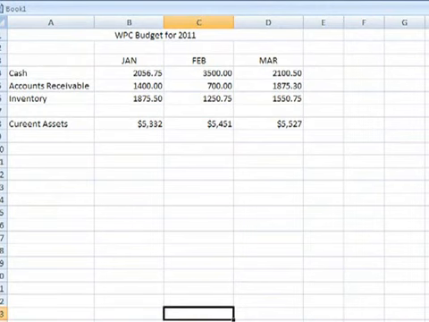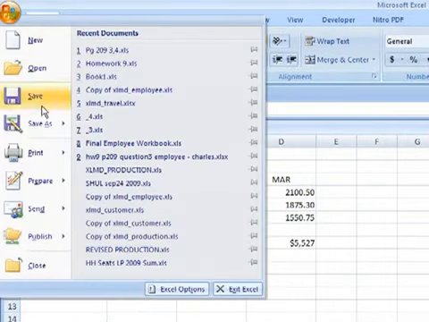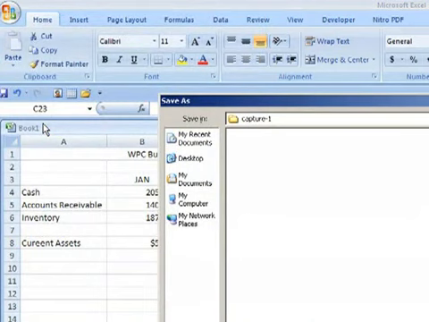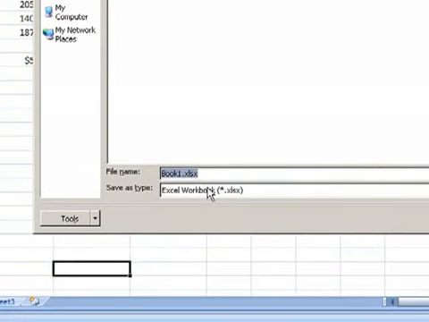So to do that, we can go to the top of the screen and let's say Save As for the first time, and let's give it a name. Notice the file name now says Book1.xlsx. That's the extension in Excel. That's called Book1. We'd like to call this budget, so let's just cross that out. Let's call this budget, and let's type in